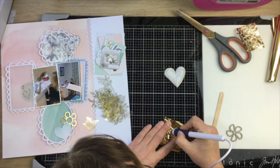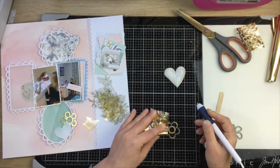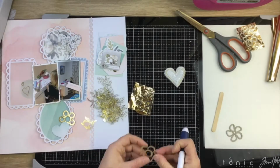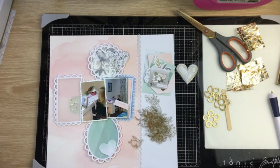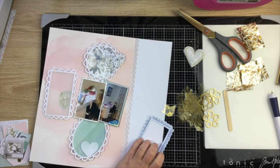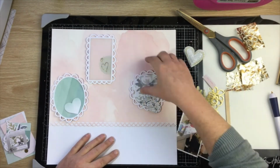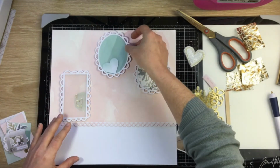I'm going to gold foil a couple of other little chipboard flowers, which is super easy to do, and you can see how quickly it gets done. So they are done, and there goes that blue frame. I'm getting rid of that, and I'm going to flip my page horizontally,